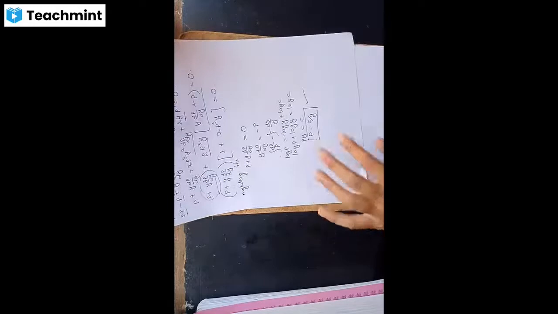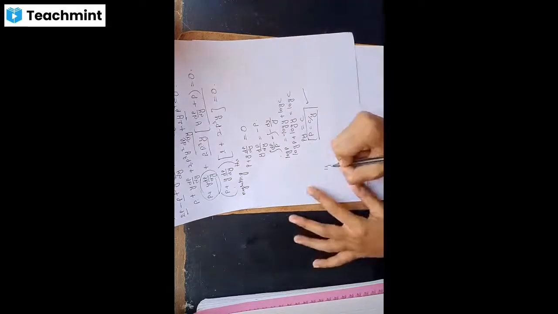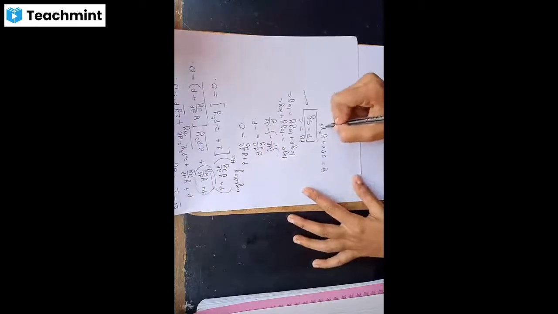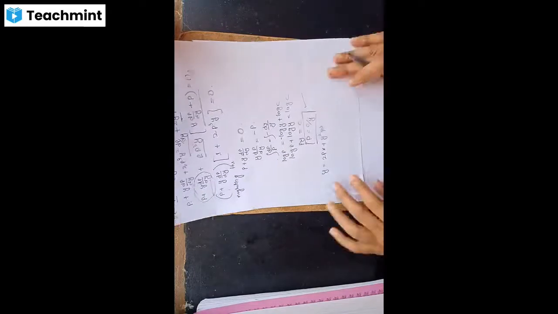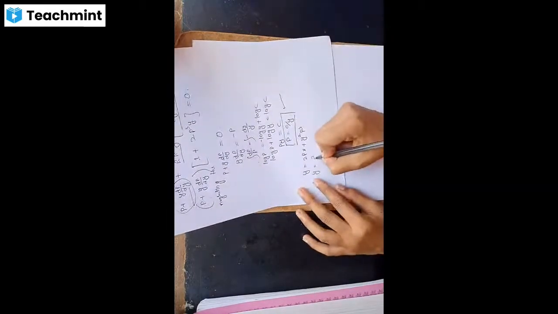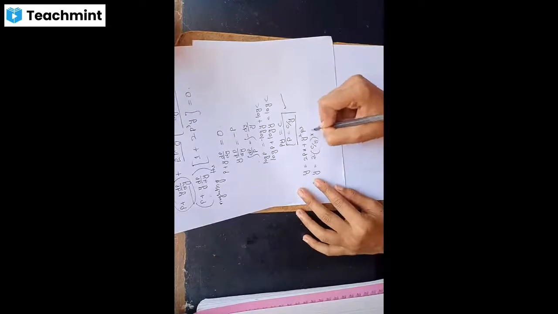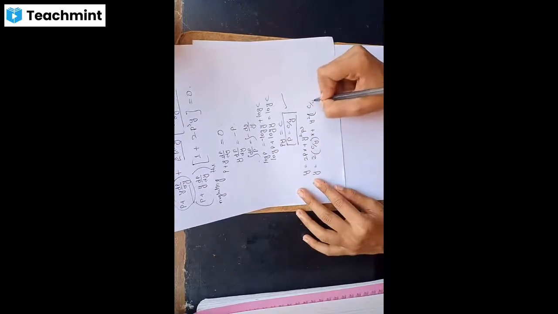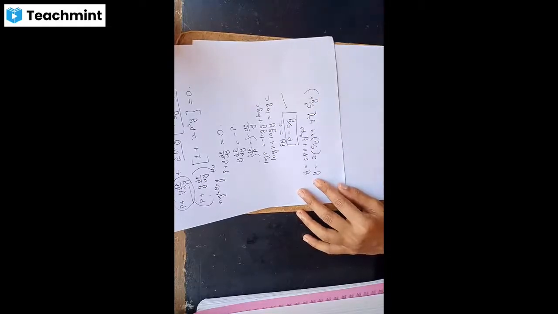Now we have to substitute this p value in the given equation number 1. Okay, so what is the given equation? The given equation is y is equal to 2px plus y square p to the power of 3. So now we will substitute the p value, that is c by y. So y is equal to 2 as it is, c by y into x, plus y square, p is c by y, cube is there, so it will become c cube divided by y cube.